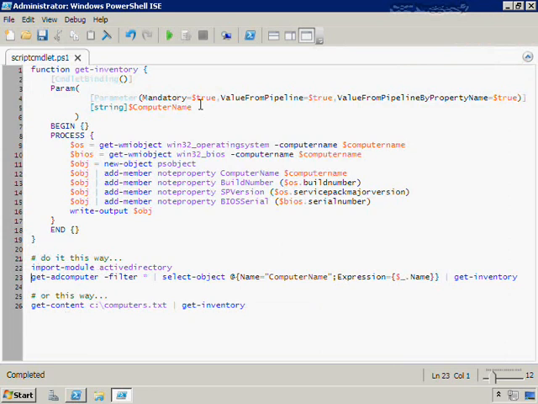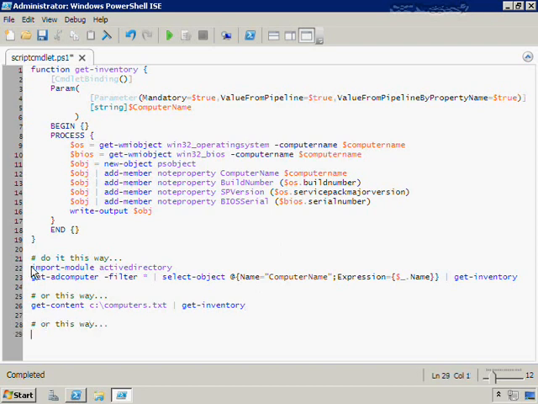So the practical upshot is that writing your script in this fashion really gives you ultimate flexibility. Because I can treat these parameters like real honest-to-goodness cmdlet parameters, I can have them grab pipeline input both by their data type, in this case a string, or by their property name, in this case computer name. I can use this same cmdlet in both situations, and I've even got a third situation I can use it in. If I don't want to pipe it anything at all,